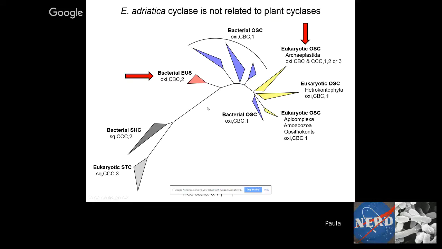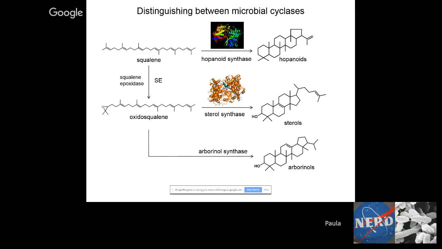And so what ended up happening is, this is the Eudoraenol cyclase shown here, clustering by itself next to all of the bacterial oxidosqualene cyclases. And here are the plant cyclases. And within this clade is the eukaryotic, the plant isoarborinol synthase. So clearly this cyclase is not related to what we see in the plant cyclases. So this was exciting. We have a new molecule. It's potentially helping us identify a microbial source for this orphan biomarker, and it's a new cyclase.